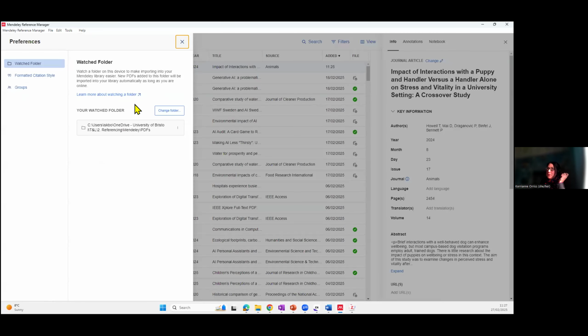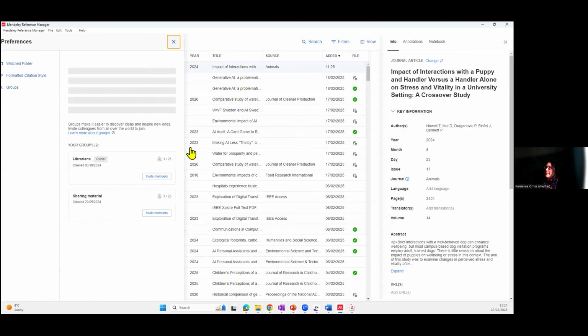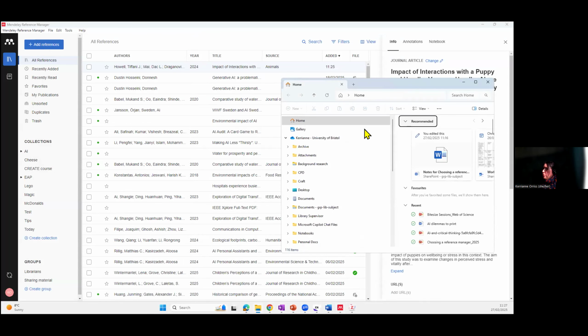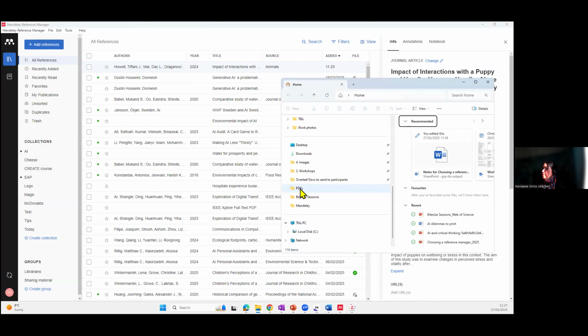This is what I was talking about with watch folders. I think I might have the wrong watch folder. So it would automatically import if I had the right watch folder set up. But I'll show you the other thing. If you don't have a watch folder set up, I'm going to go to my PDFs,